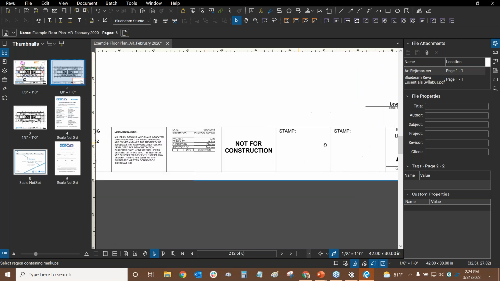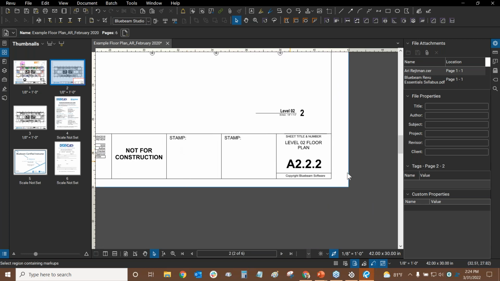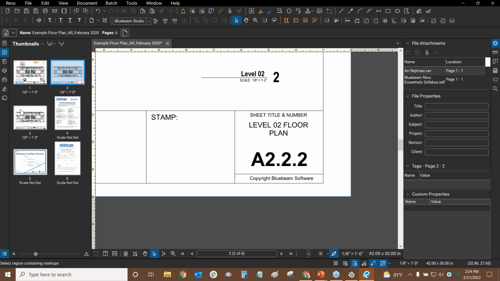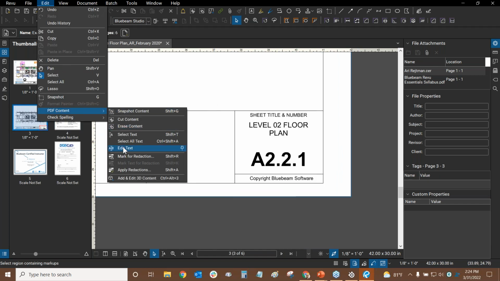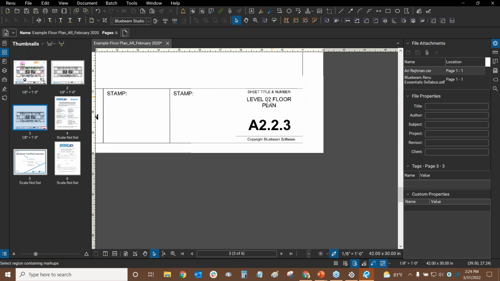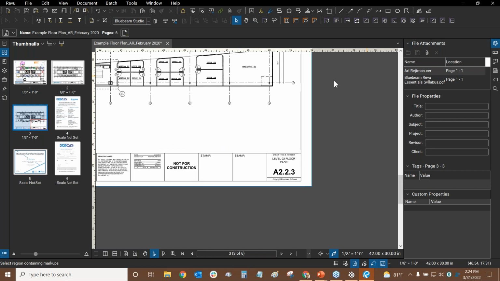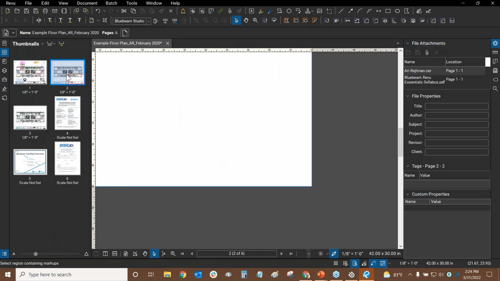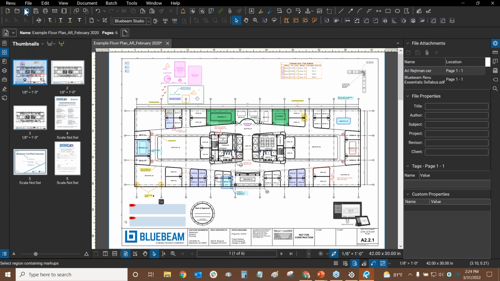So you'll want to be very careful when doing this and check to see if your other text was changed. Luckily, in this instance, nothing was changed here. So I'm going to demonstrate it one last time. We'll edit this text, and I'm going to get rid of this 1 and put a 3 and press the Escape key. So it's quick and easy to edit text and make last-minute changes for your submittals whenever you need to. Now we have all of our labels ready to finally demonstrate how we can create page labels